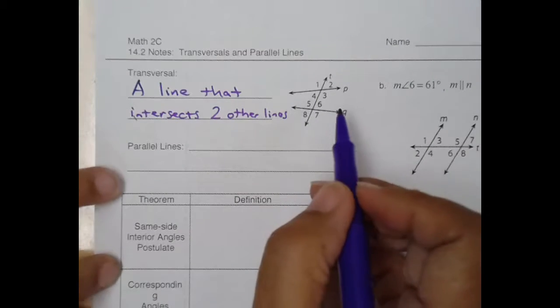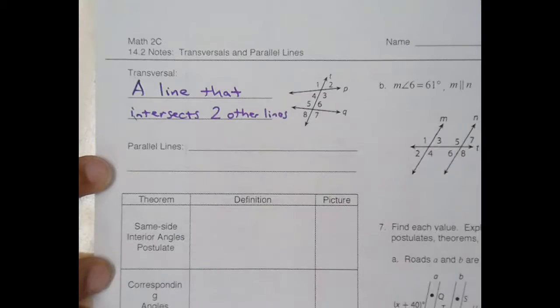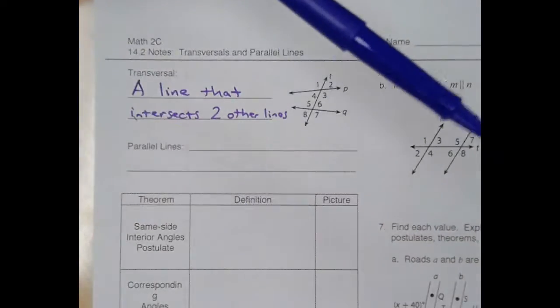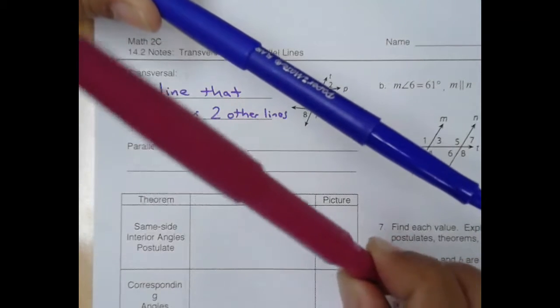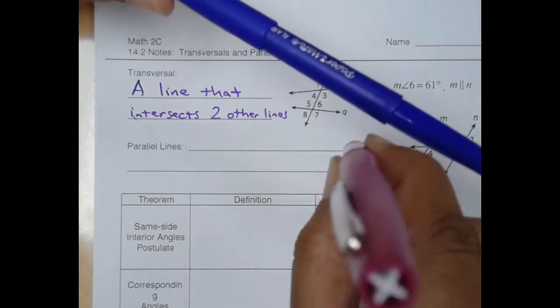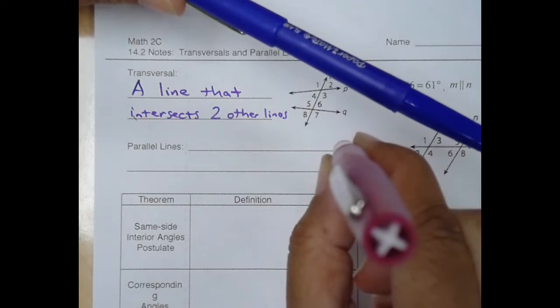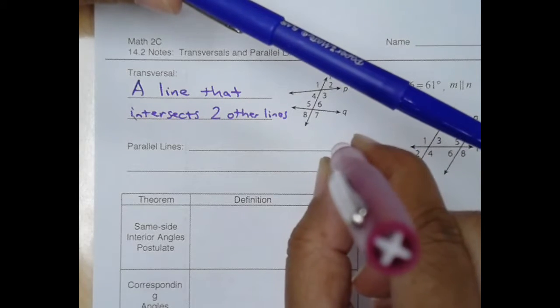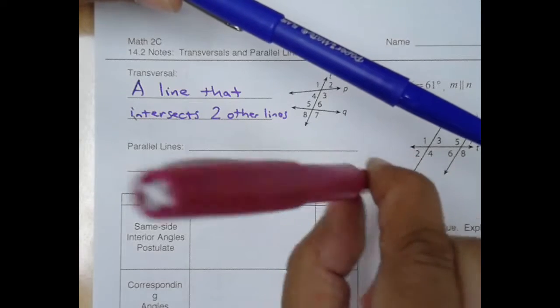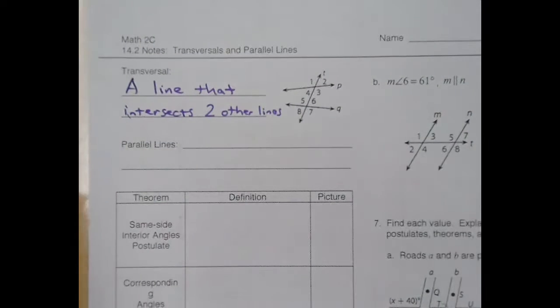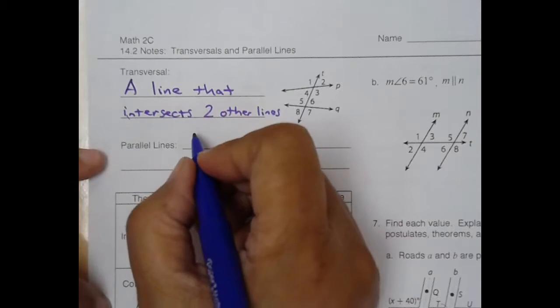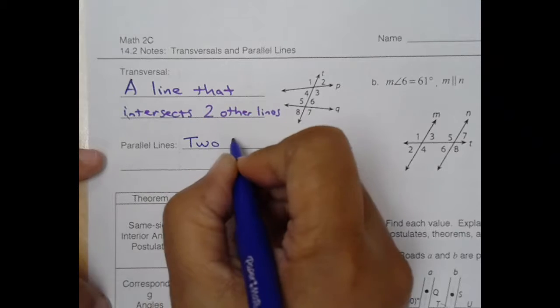Now, if we have parallel lines, if you remember, they're basically lines that don't touch each other, but it has to be two that, like this would be considered parallel, but you could take this and rotate it like this and it won't actually touch either line in 3D, but that's not considered parallel. So in order for it to be parallel, it has to be on the same flat surface, which we call a plane. Okay? So basically parallel lines, it could be two or more, but I'm going to write two lines